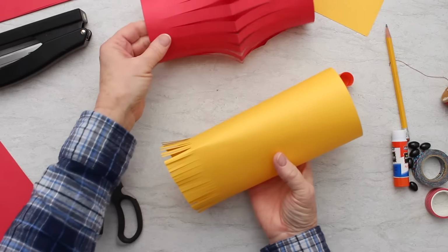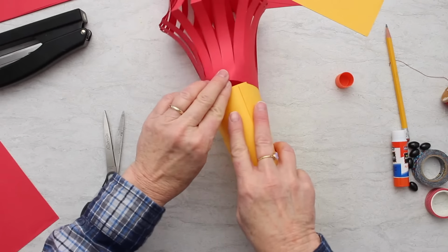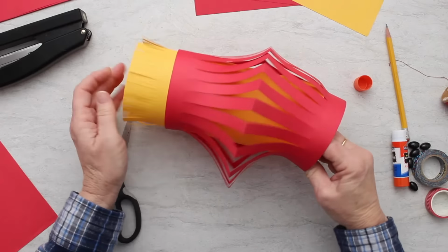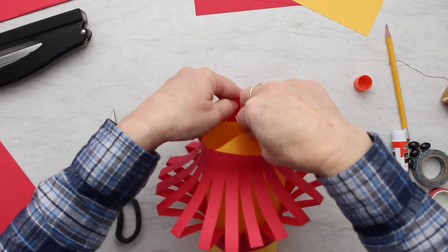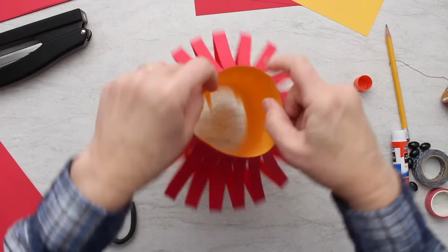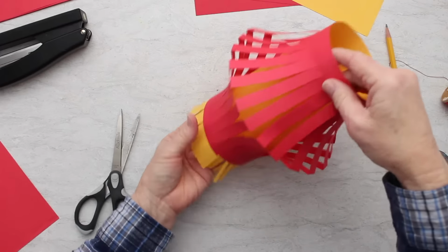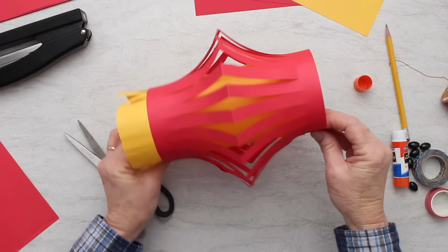which makes another tube. And I'm going to slip this tube inside of my paper lantern. Okay, I want this top part to come up through the top of the lantern, and I'm going to match up the top of those two tubes, but I'm going to let the bottom fringe hang out the bottom, and that pushes my paper lantern out into this nice shape, and